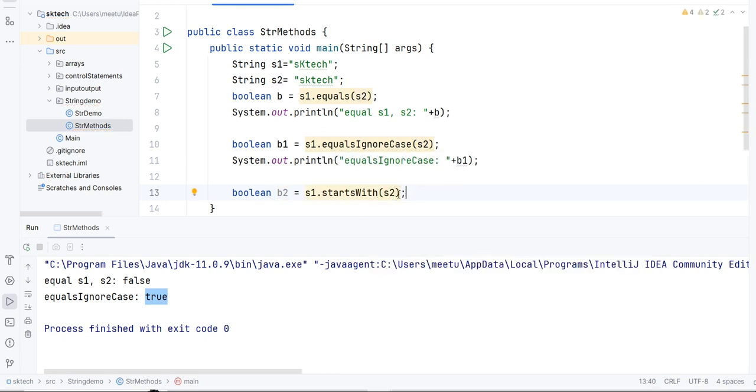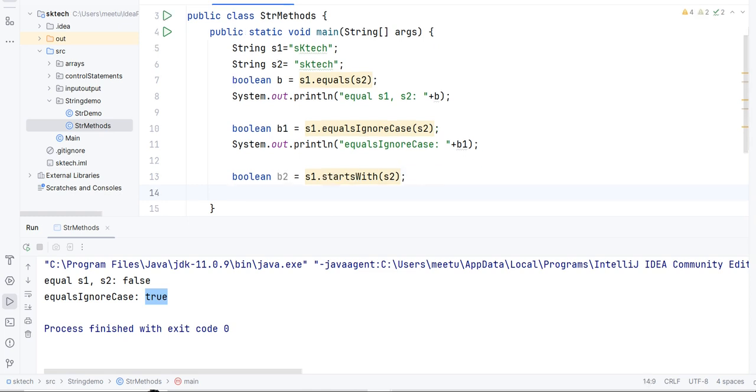Basically it is going to return either true or false. This method returns true if the string begins with this substring. To call this method, we use the format s1.startsWith(s2). If s1 starts with s2, then it is going to return true. Otherwise, it is going to return false. Also note that this method is case sensitive.